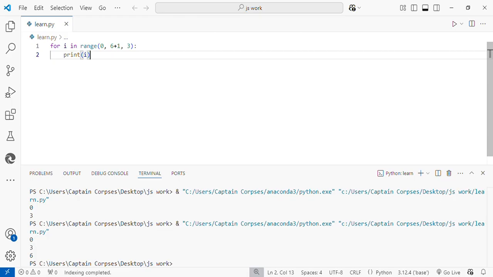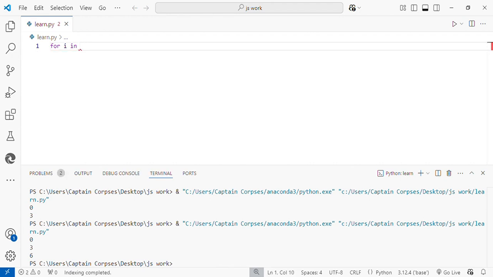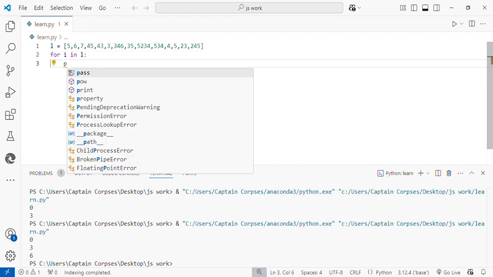And the other way to create a loop is to print list items. For printing list items, I could create a list named L. L equals a list. Okay, and now if I dig into L and print my i,